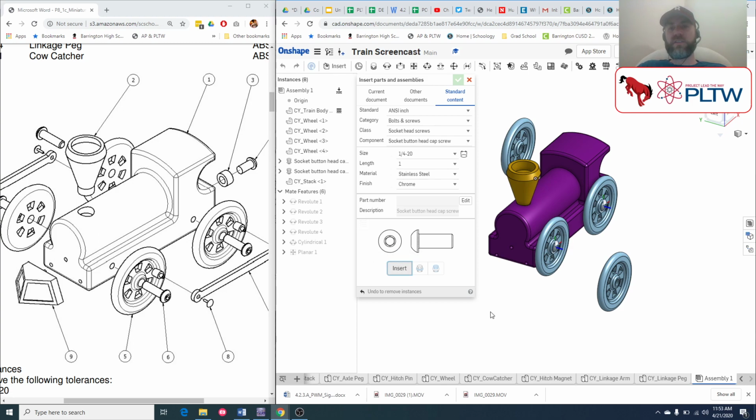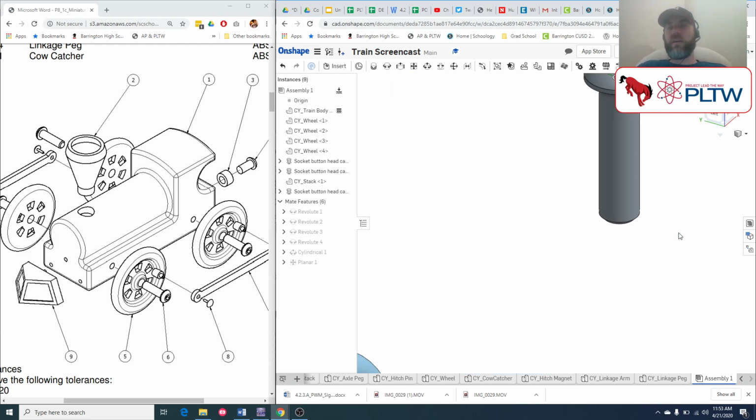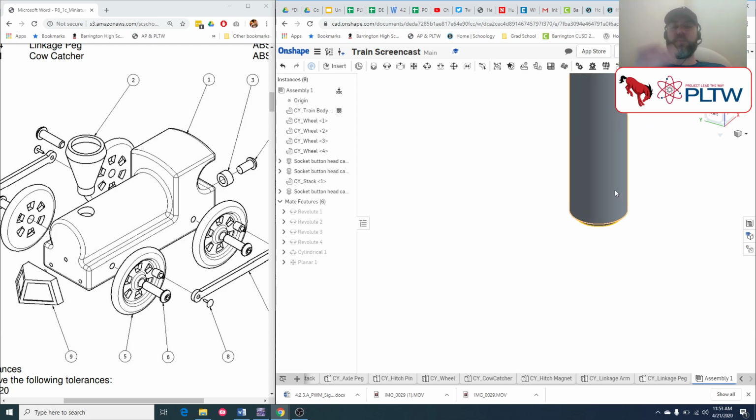If I insert this, you'll notice that it does not have threads on it anyways. So let's zoom way in on it. There's no actual threads on it. So it's the same